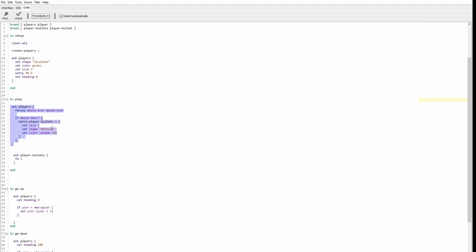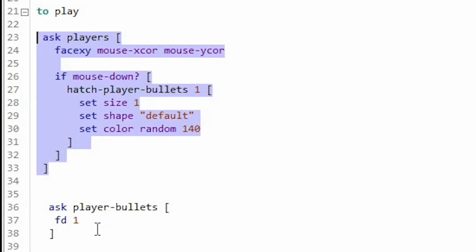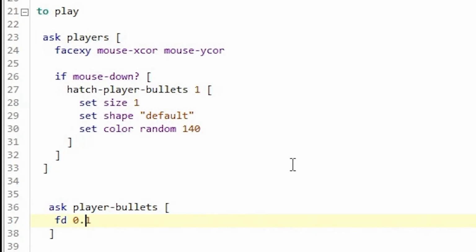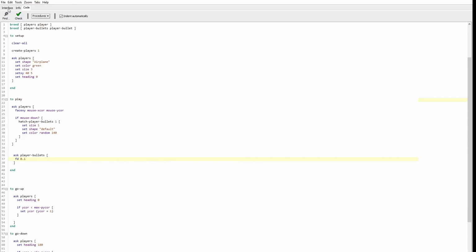Now, whenever I press this button, you can see it's sending a stream of bullets. But if I feel that it's too fast, I can reduce the speed by giving only 0.1 steps.